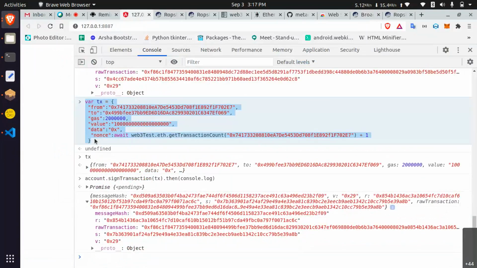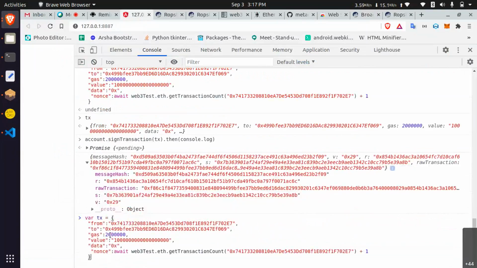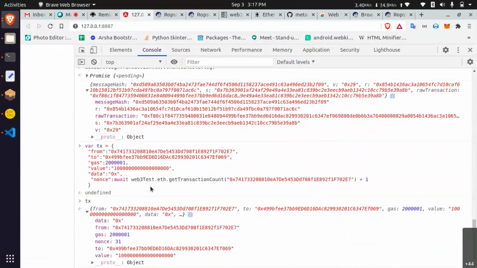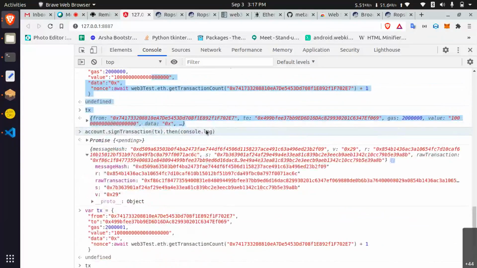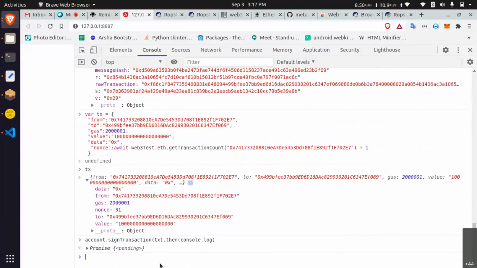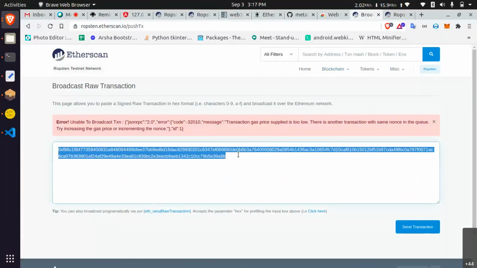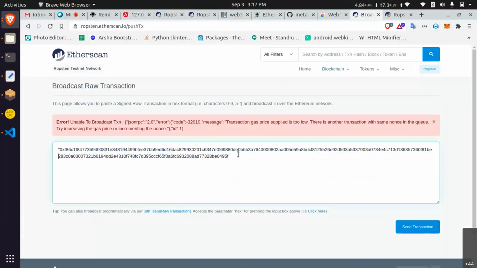Let's edit the transaction as 101. Okay, same I think. 81. And then we need to sign. Okay, raw transaction, broadcasting.